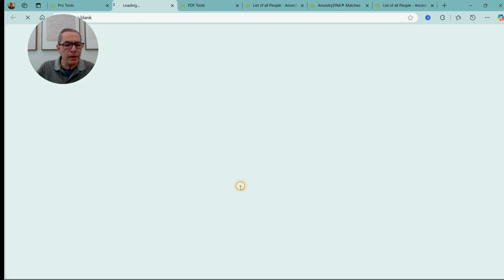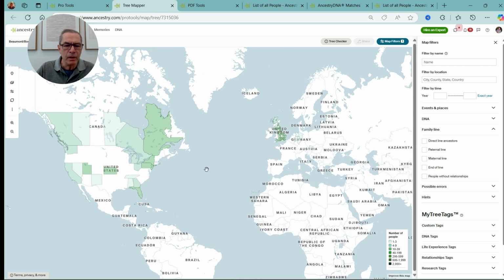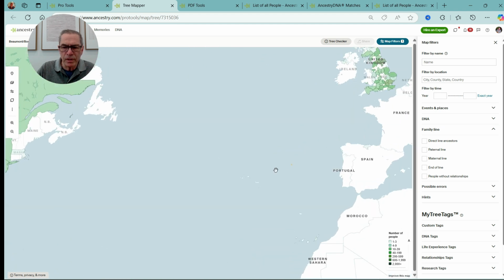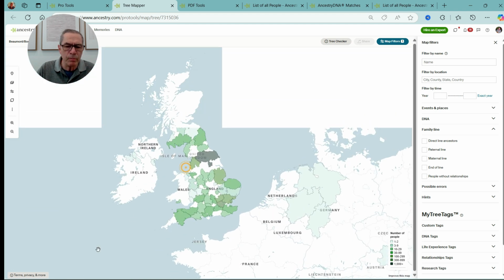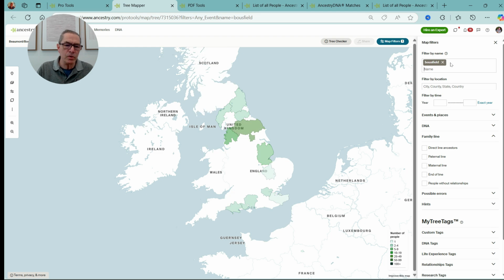Tree Mapper, I've always liked this. It gives you some feel for where your relatives are. It's got paint here. Depending on the small icon here, it tells you the density of my relatives. So I can go into UK, as you can tell by my slightly nasally voice. I have a cold, but you can see my relatives come from the UK, and then I can filter this by, oh, let's put in a name here, and then we can change that, and we can actually drill into this